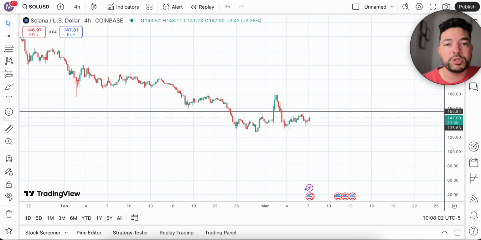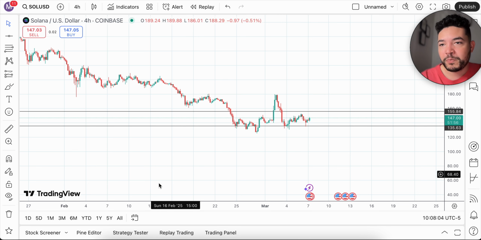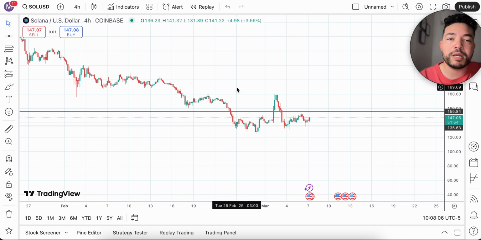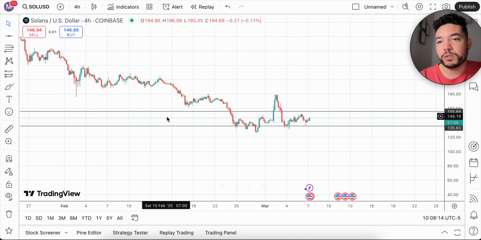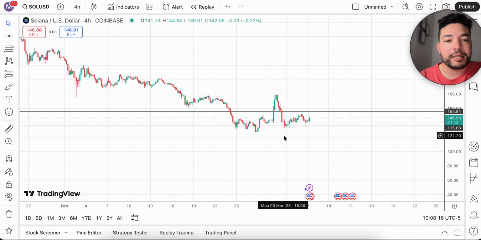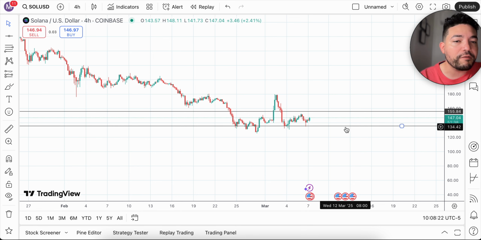So let's use Solana as an example. Here I have TradingView, but you guys can use whatever you prefer. Just look for some type of range where you want to allocate your money. So even though right now the market is kind of choppy, let's say that if I want a quick range, I could say between 135